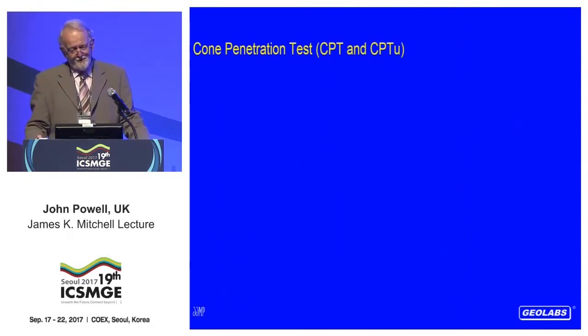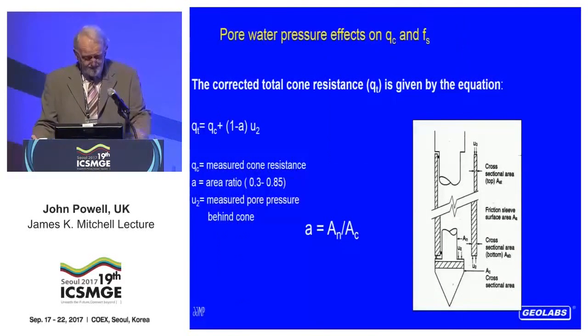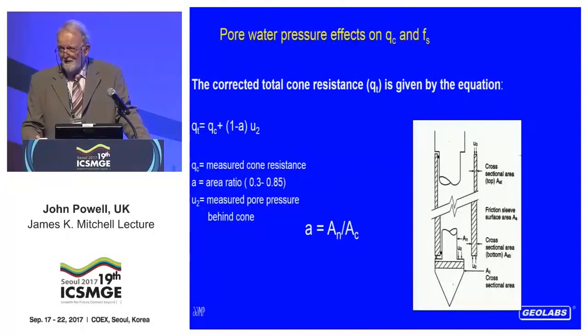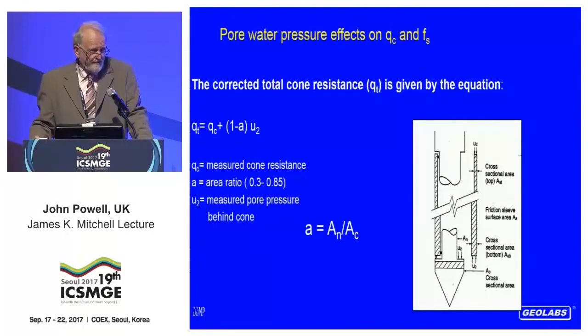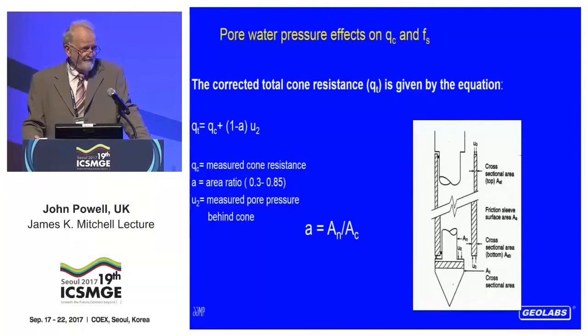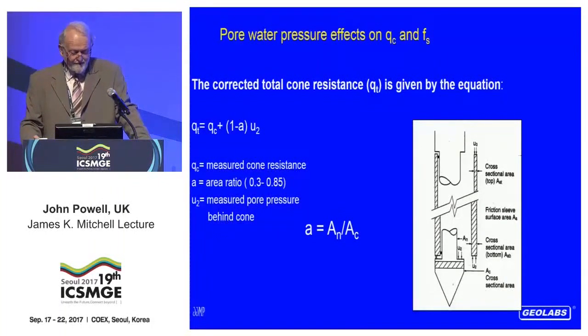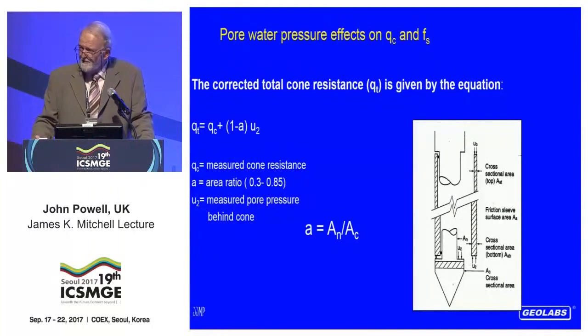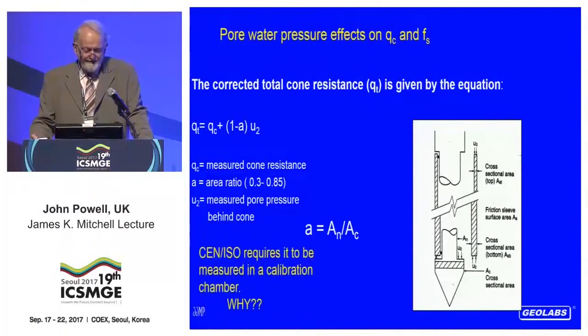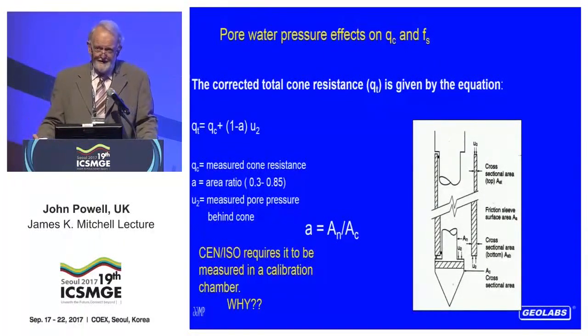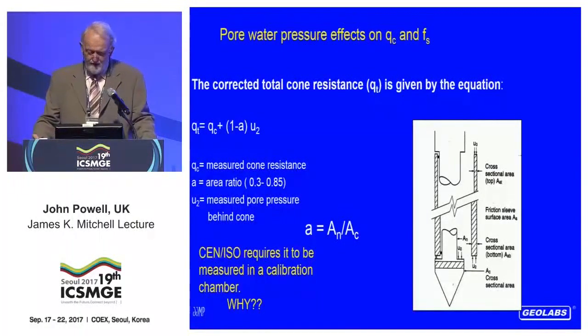So I'd now like to briefly talk about the CPT. We all know, hopefully, that one of the problems with the CPT is the pore pressures that are generated in clays affect the measured parameters, particularly the cone resistance. And we have to correct for that by using a factor called A, which is the ratio of the shaft diameter, as you can see here, to the diameter of the cone, the cross-sectional area of the shaft to the cross-sectional area of the cone, which can be done geometrically. But the standard says you shall do it by calibration in a calibration chamber. Why? Well,